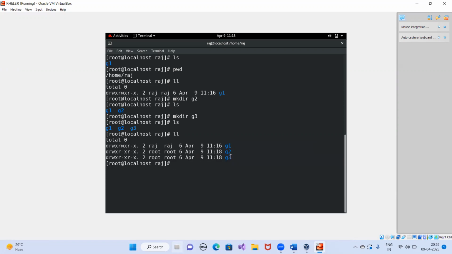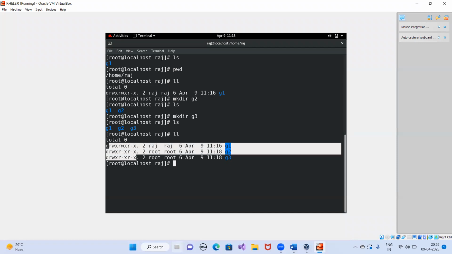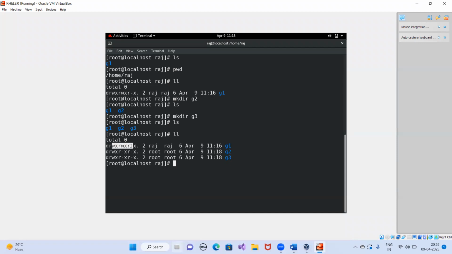How will you understand whether this is a file or a folder? From the D, you can understand that this is a directory. This is a particular folder, not a file. And these are the permissions. These are all the related permissions. So let's understand this one. What is this permission all about?